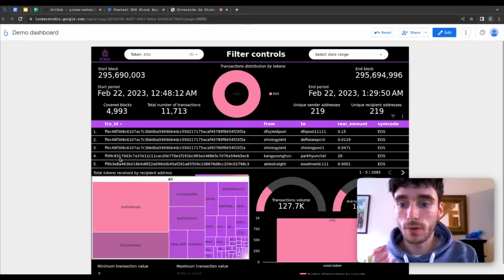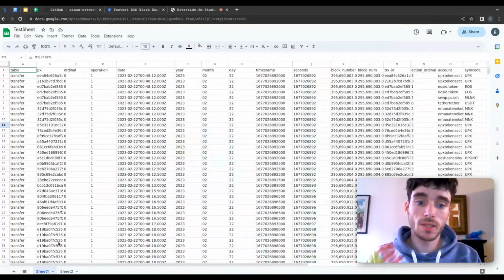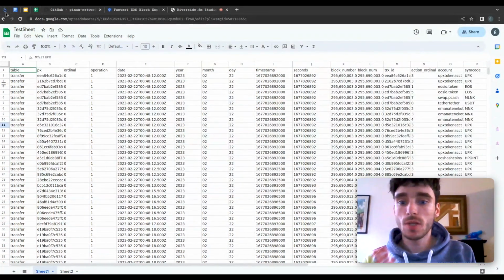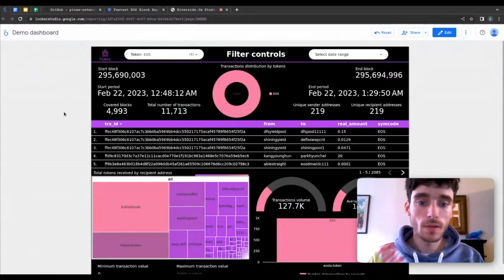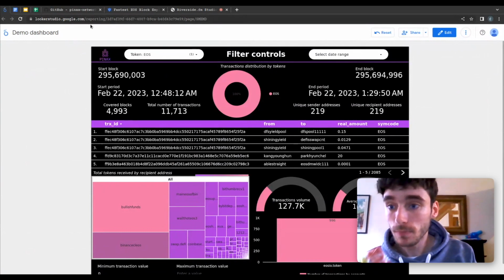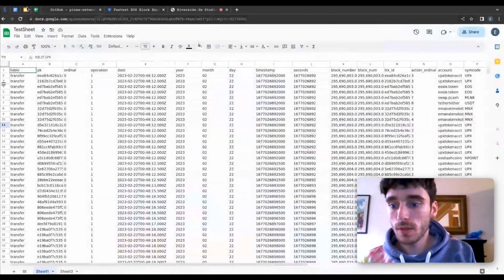So those are for 5,000 blocks. Those correspond to the data that we have in our first sheet here, which is the exact same data we just extracted, except for longer, for 5,000 blocks. And so it's a very good way to generate insightful dashboards that can really give you some great info and data. So if I go back to our presentation now,